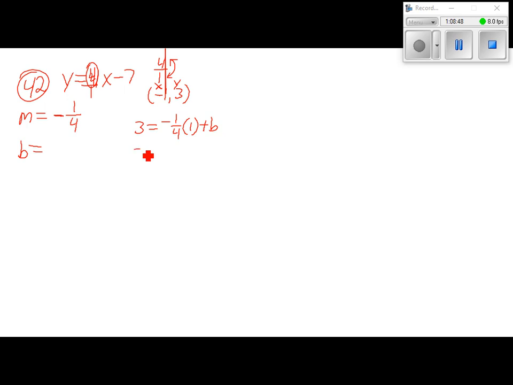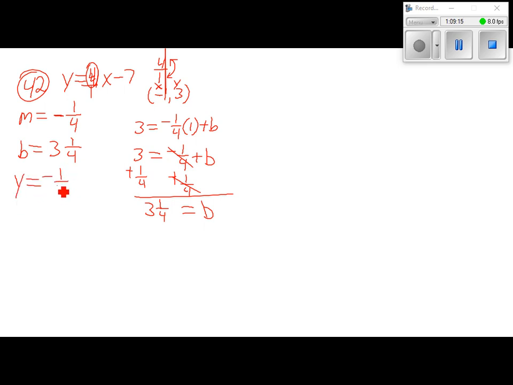So we end up with 3 equals -1/4 times -1 is 1/4, plus b. We're going to subtract 1/4 from both sides. You're left with just b equals 3 minus 1/4, which is 2 3/4. So that's our b. When we write our equation, it's y equals -1/4 x, that's our slope,